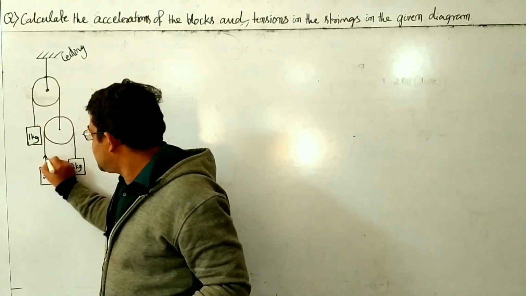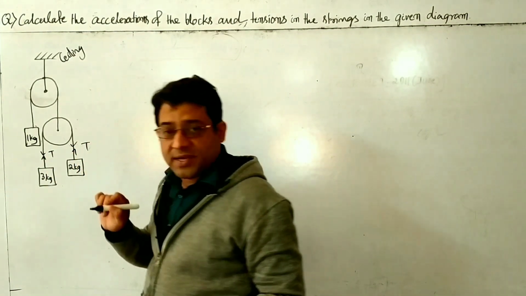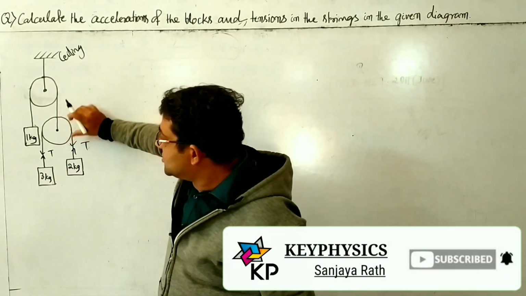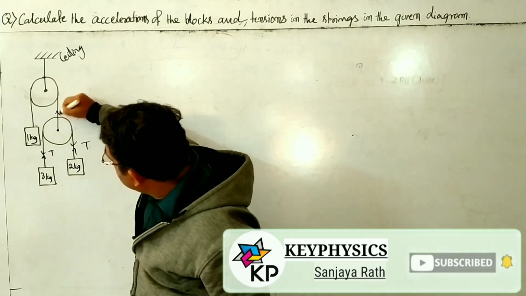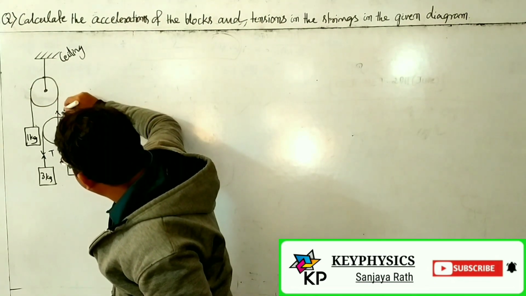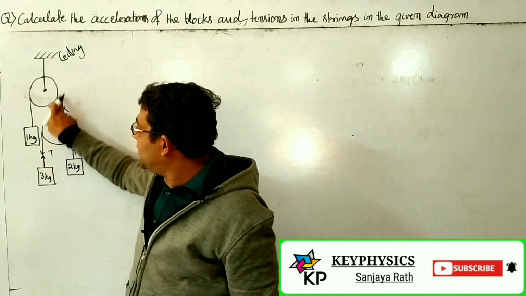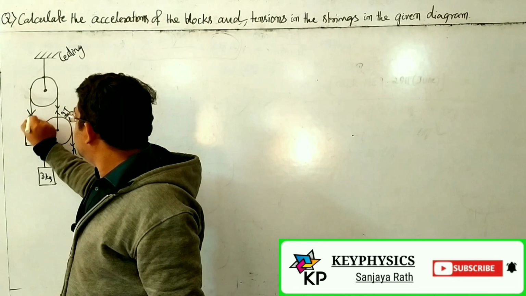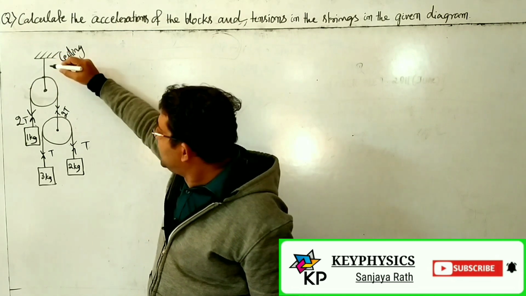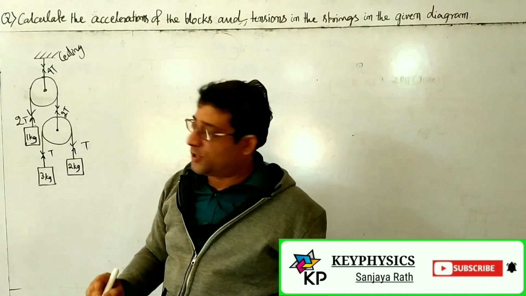See, here in this string, let us say the tension is T. Now see, from this point you imagine yourself here at this pulley. Since this pulley is massless, total upward force must be equal to total downward force. So T plus T are pulling it, so this must be 2T, right? The tension in this string is 2T, and again from here to here is one string only, that's why tension here also is 2T. Again this is a third string, right? Here 2T, 2T. With the same logic we can say that the tension in this string is 4T.